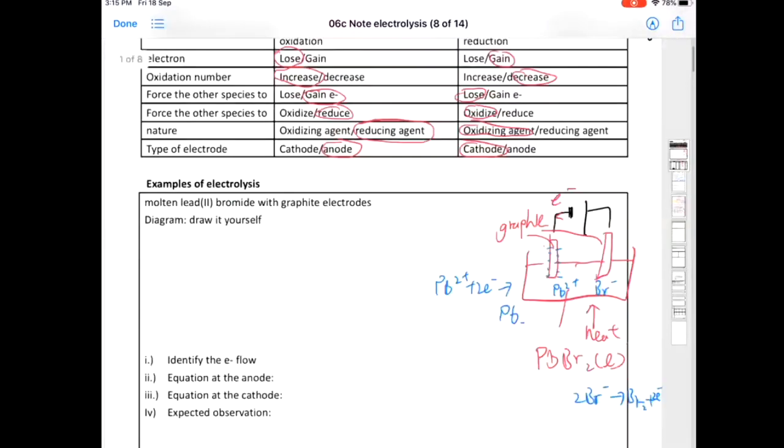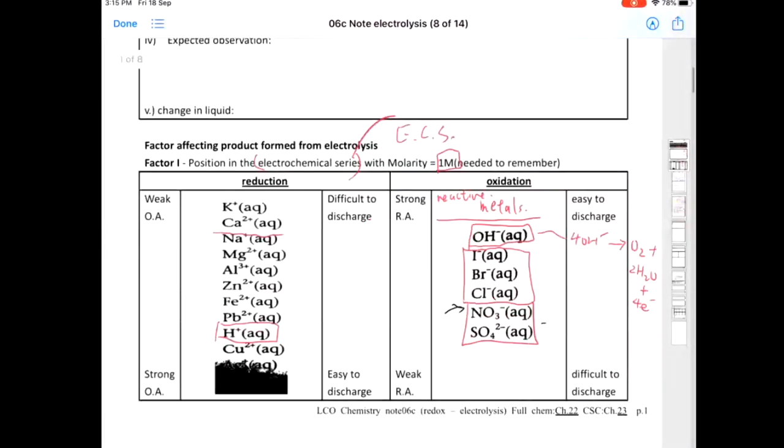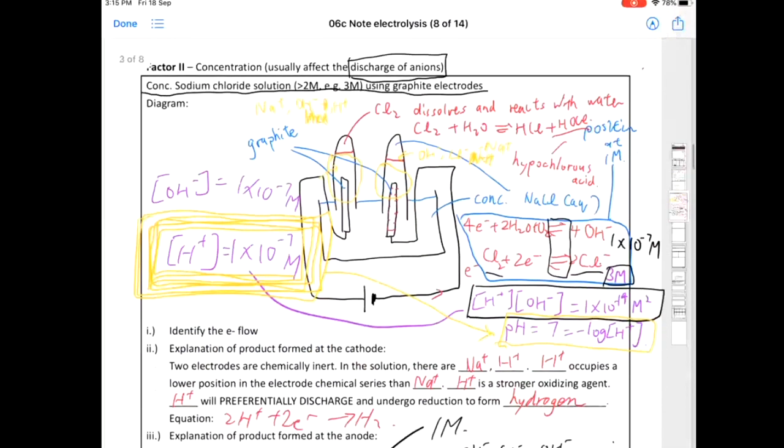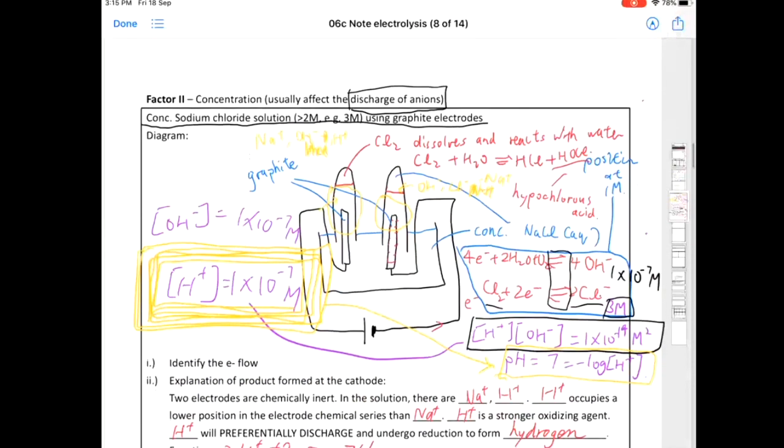Apart from determining the position of the species in the electrochemical series, there is another factor that will affect the product formed, that is the concentration of a species. And if you go to factor 2, it is the discussion about the effect of concentration on the product formed. Let's say in this case for sodium chloride, because it's now in a concentrated environment, that is 3 M